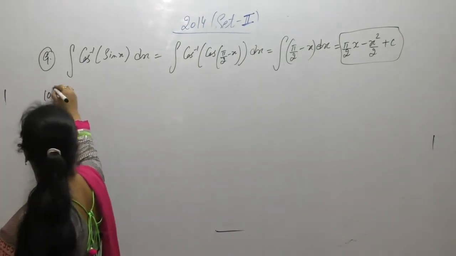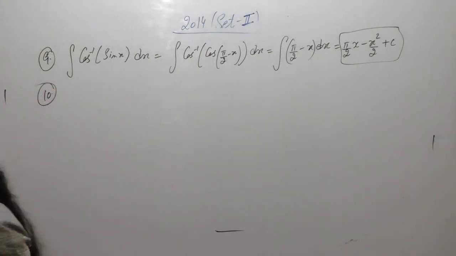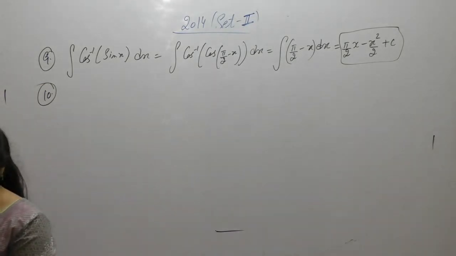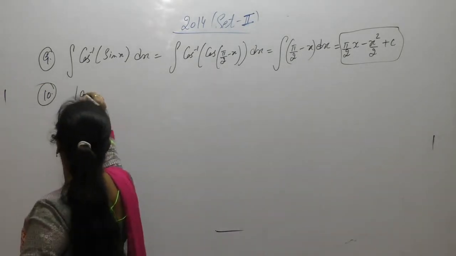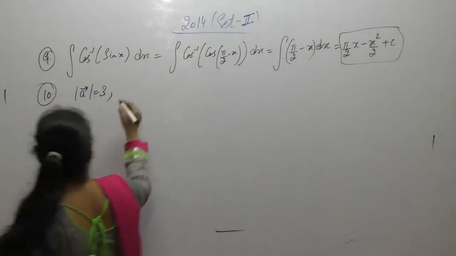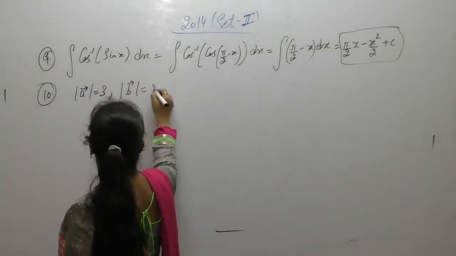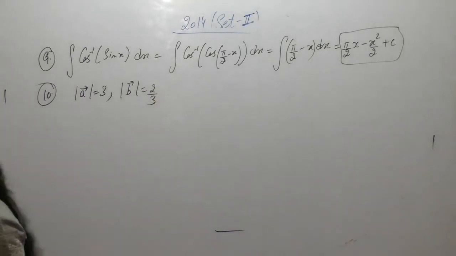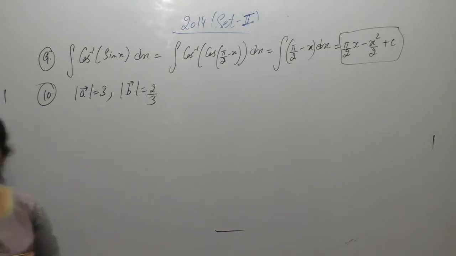Next question, question number 10, is different. If the vectors a vector and b vector are such that magnitude of vector a is 3, magnitude of vector b is 2 by 3,